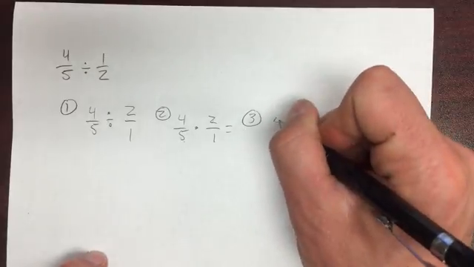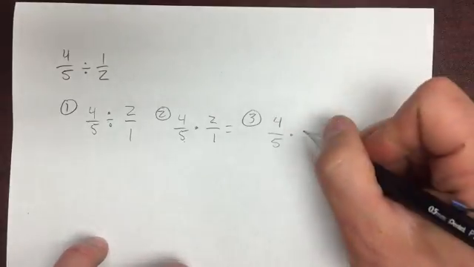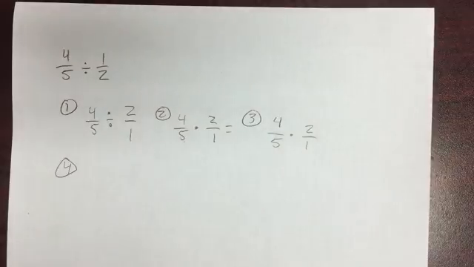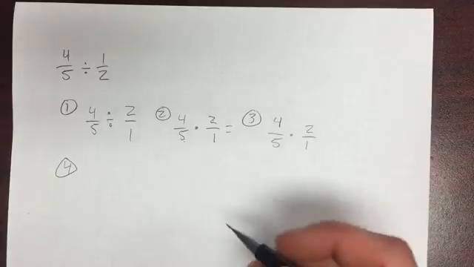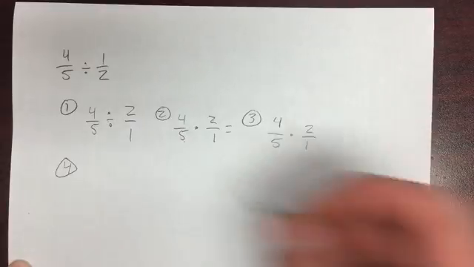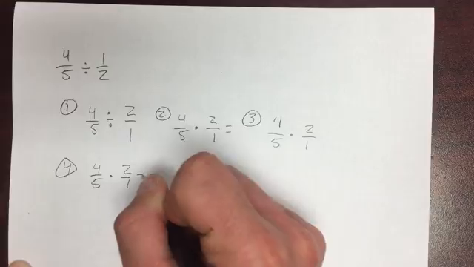So now we're on to step 4, and we need to multiply the new fractions. The fractions haven't changed, so 4 over 5 multiplied by 2 over 1 equals